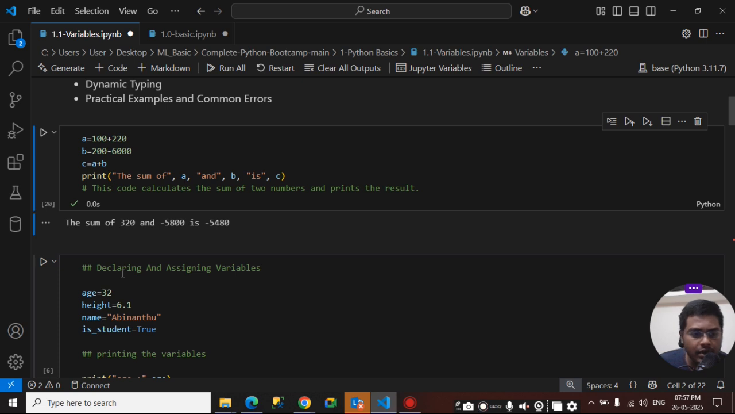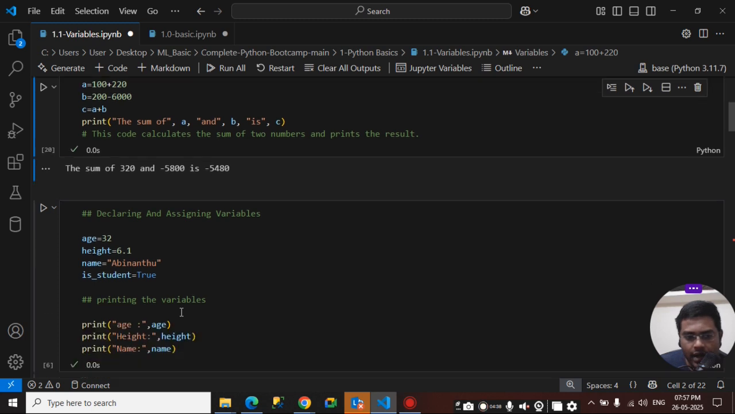So in variables you have declaring and assigning variables, right? Declaring and assigning variables means, if you see, let me take age. Okay, age is equal to 32, height is equal to 6.1, name is equal to Abhinandu, is_student is equal to True. Okay, so now see,